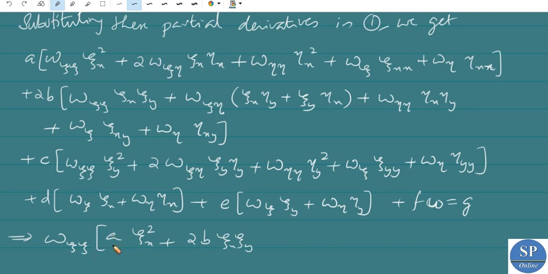Our aim is to find a differential equation with the dependent variable w and independent variables zeta and eta, so we are taking the partial derivatives of w with respect to zeta and eta. Plus now w zeta zeta is here, c into zeta y square,